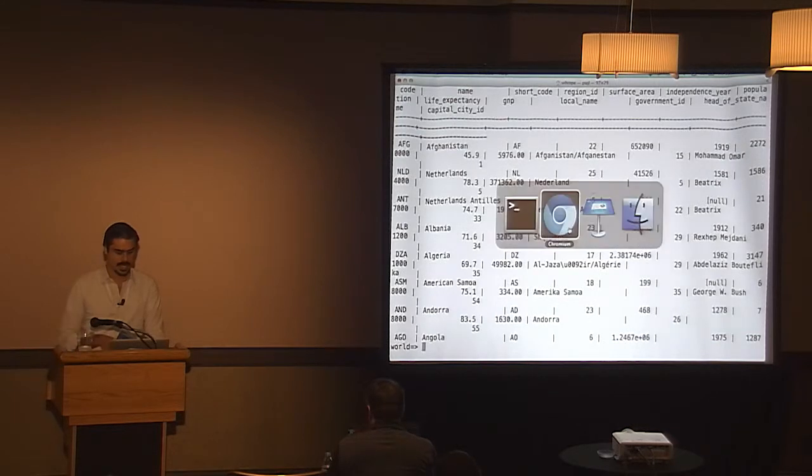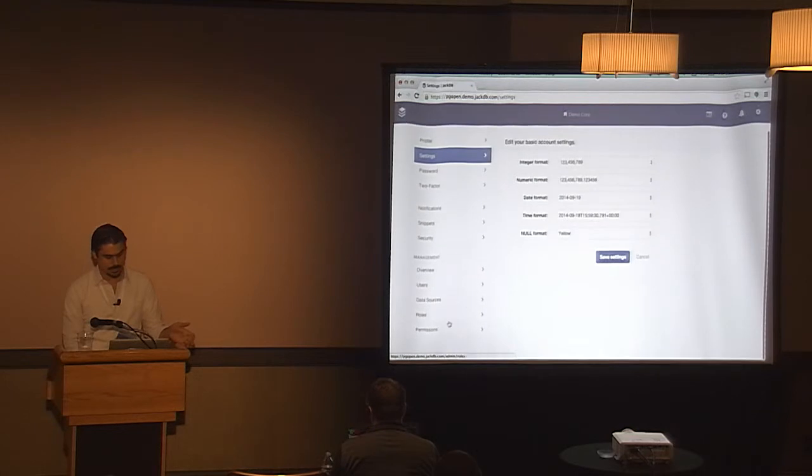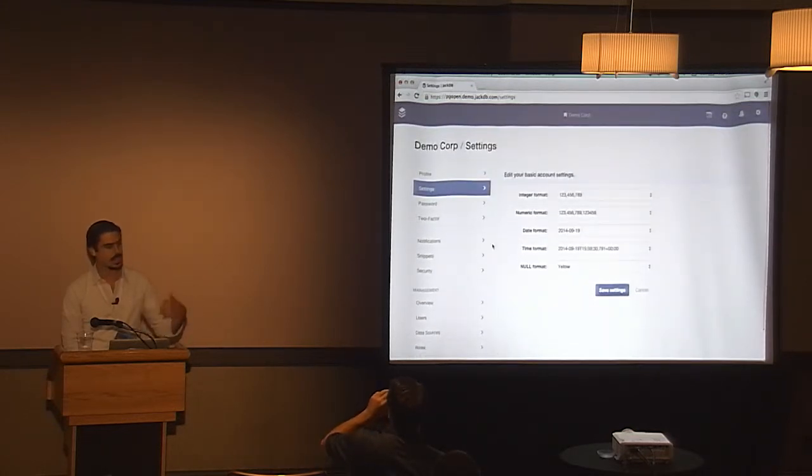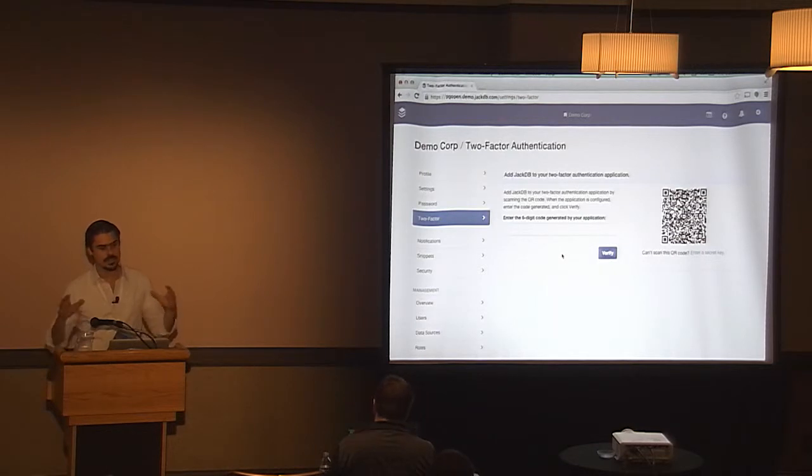So in this case, again, I have like a local password store for JackDB. But if I want to integrate this with like LDAP, for example, you could have LDAP authentication for the users to authenticate themselves, and you get that same authentication for all your databases. Similarly, if I set up two-factor authentication for my user, the authentication step would use two-factor authentication, and then I get to connect to my database afterwards. So you're kind of separating out the authentication from the authorization. But you still get the tracking, you get the control.